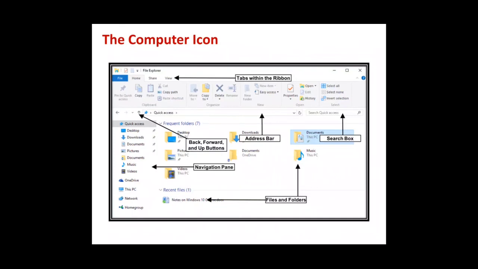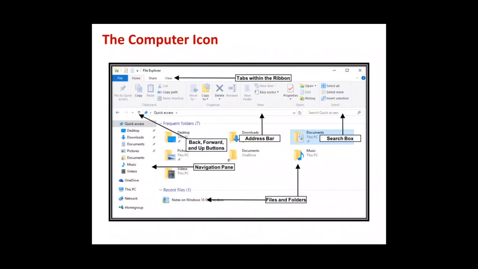Then come the buttons from which you can go backward, forward and up. There is one address bar also you can see on screen. Here the address is shown when you click on one folder, then you click on another folder, or you click on a file. So wherever you are moving, that address comes here.